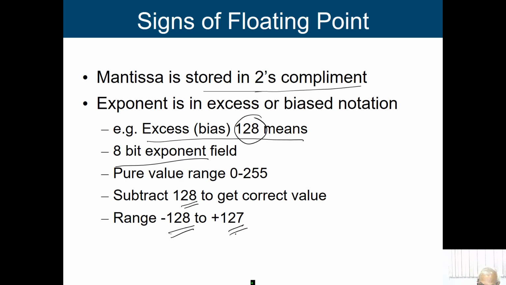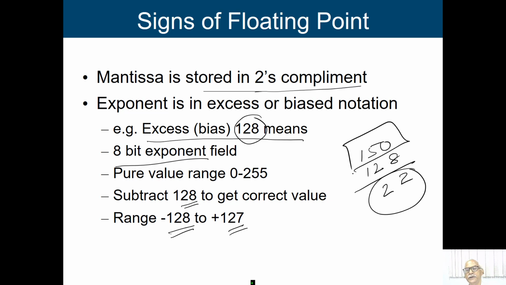So here you just see that if I am going to store, say, 150 in this exponent part, then what will happen? In case of bias 128 notation, I subtract 128, then what am I going to get? 22. Then this 22 is the exponent part actually. So to represent exponent 22, we store 150 in binary if it is bias 128, but we may have bias 127 also, or we may use any numbers.